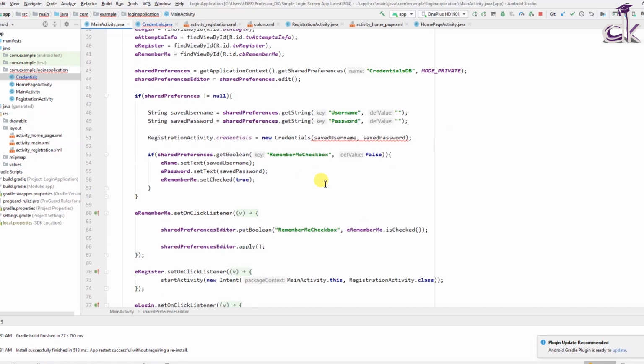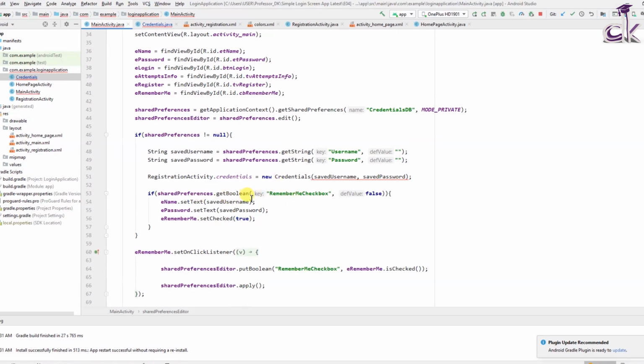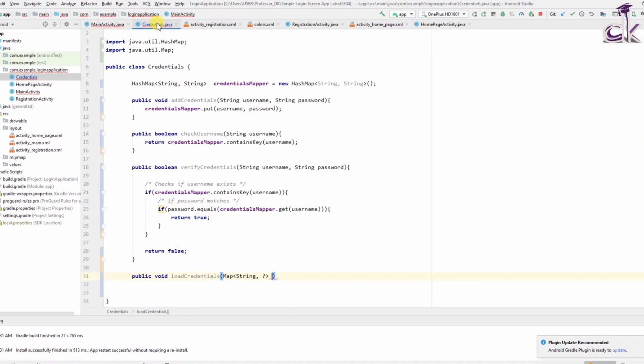Because if you remember carefully, we have another shared preferences data that we are storing, which is the remember me checkbox, and it is a boolean. So the key is a string but the value is a boolean. That is why we have different variants of data being stored into this map. So the first parameter is definitely a string, which we know for sure, and the second parameter is an unknown, which basically says it could be a string or a boolean. All right, so this is going to be the preferences map,